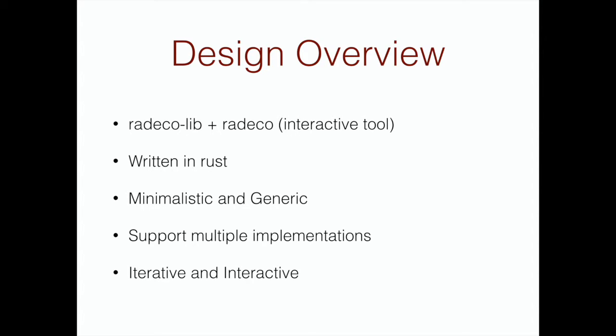This brings us to the second part, support multiple implementations. Now, why do we need this? Every single algorithm or data structure we use has its own implicit advantages and disadvantages for a particular problem. So for different problems, it'd be nice to be able to have different implementations where it works the best. And the last part is being iterative and interactive. We run every analysis and every stage one after another and give users a chance to interact with the decompiler to fix the mistakes it makes or to improve the analysis and improve the final output that the decompiler produces.